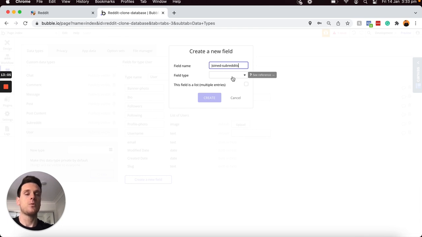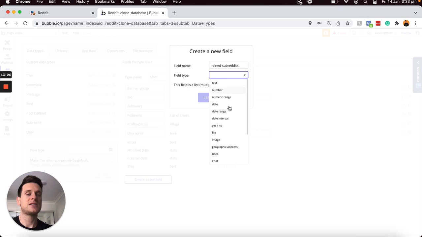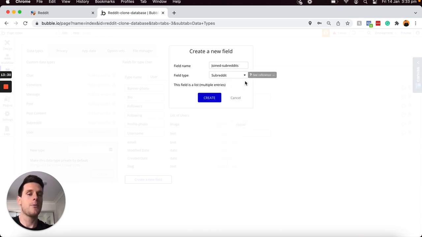Only this time I want it to be a list of subreddits. And this is where we can start to link out our data fields to different data types, which allows you to create a truly relational database. So I'm going to reference this field type to be a list of subreddits. So I'm going to choose this to be a subreddit and tick that this is a list,